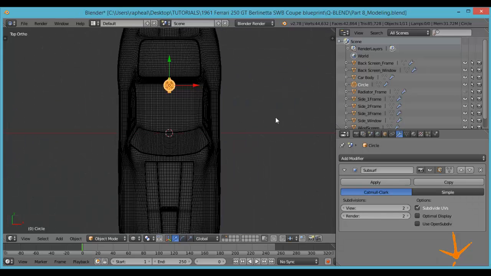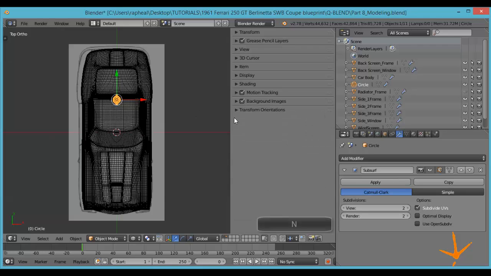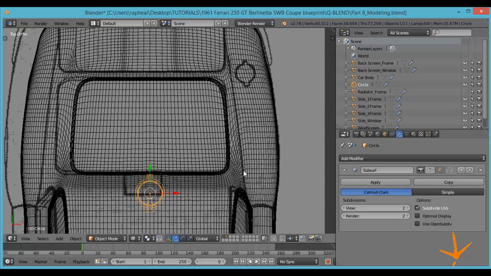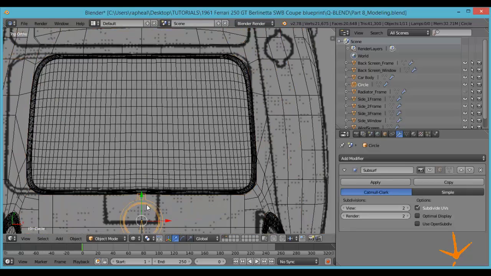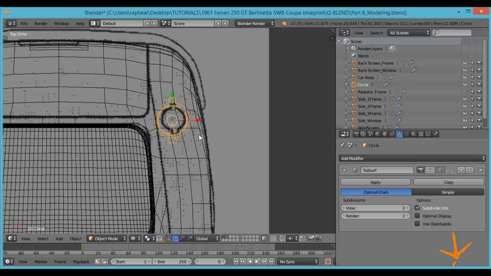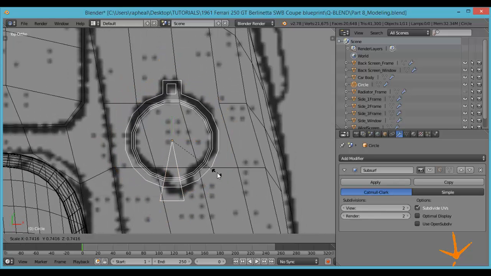Maybe let me turn on my background images again. Yeah, press N, turn it on. Then let me just turn off this subsurf, it's getting in the way. Then just push this to fit the background. So maybe scale it a bit like that, and then maybe rotate it and place it